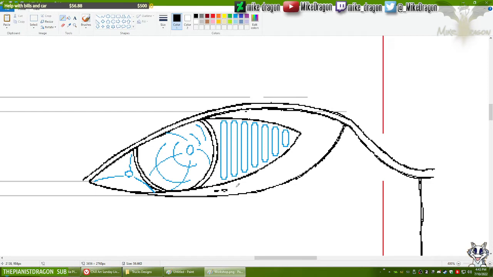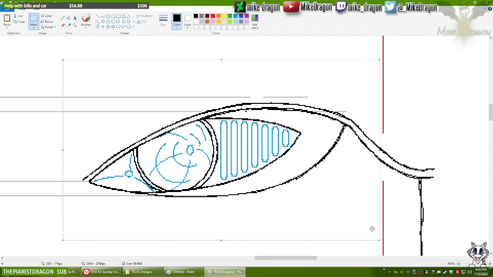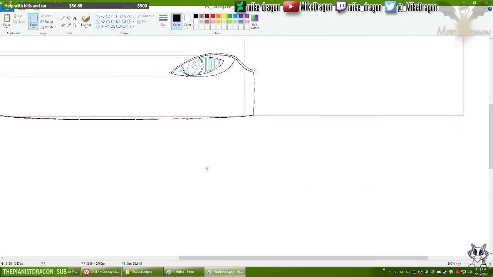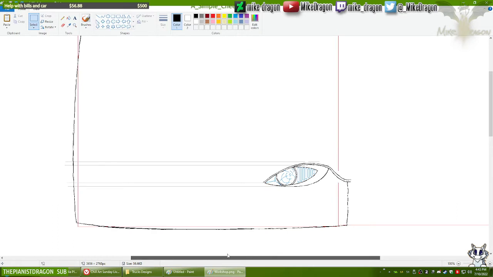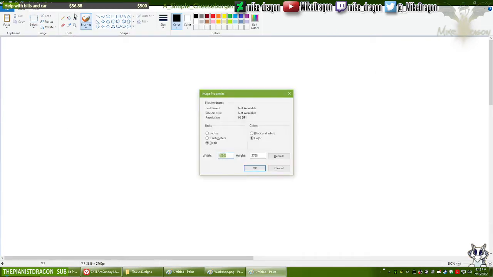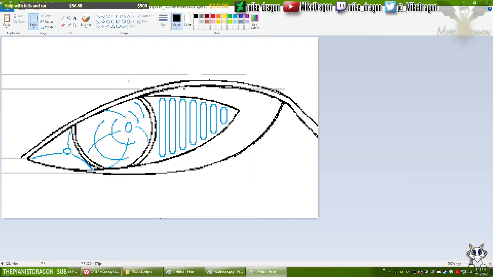Just some LEDs going all around, you know, and it's not going to be necessary. Let's copy this, save. Make a new window for paint and paste that headlight here.